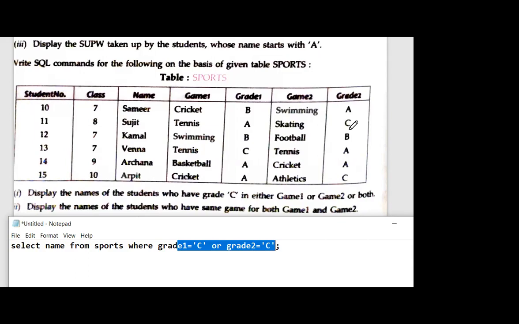Achal, correct. Very good. Karan, correct. The best part is within 2 days you understood how to write SQL queries. That is the best part.